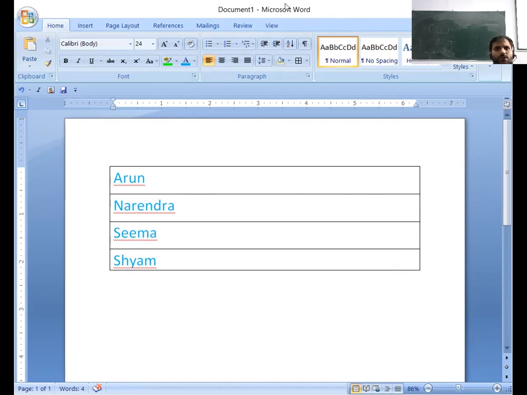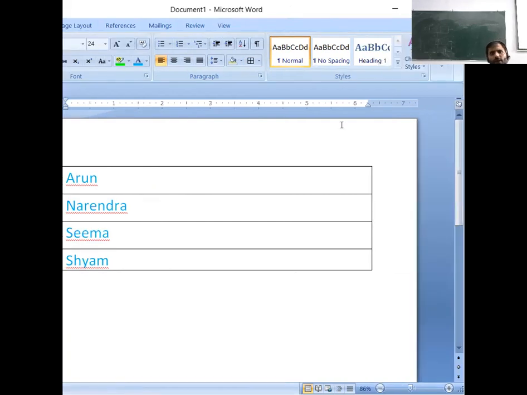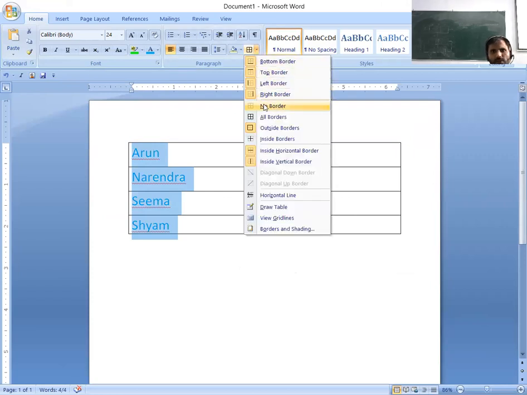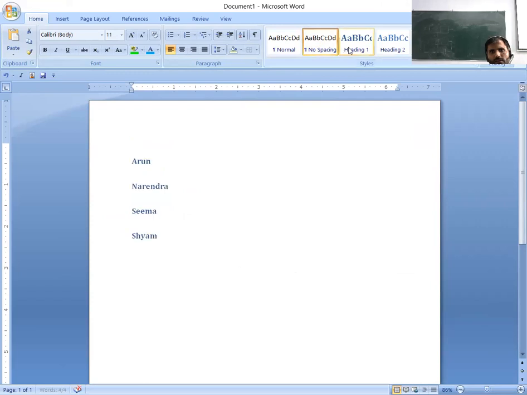Go to the style section where we will find some styles that we can apply to our text document. Just like I want to choose this style for our document. Before that, I have to choose no border, and you can see there are some predefined styles.